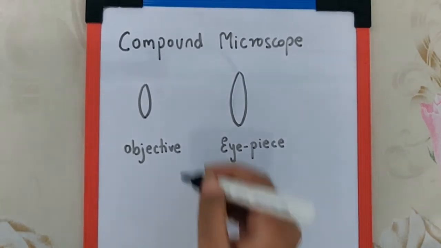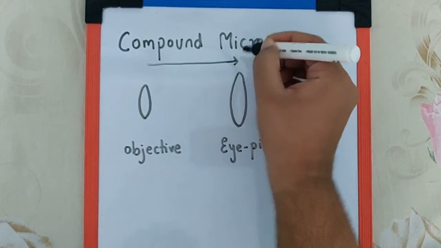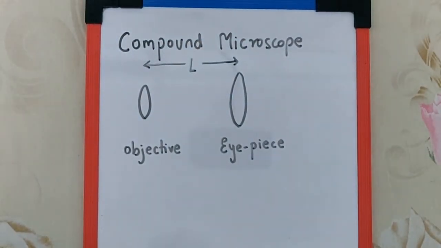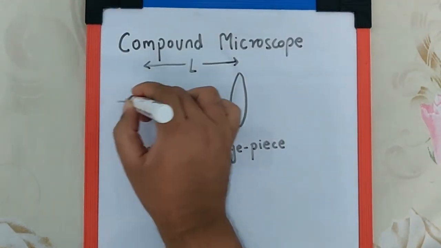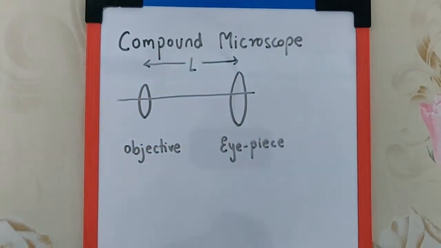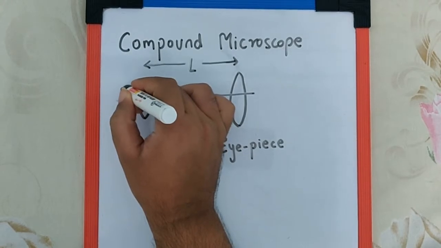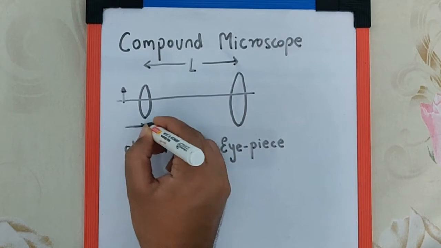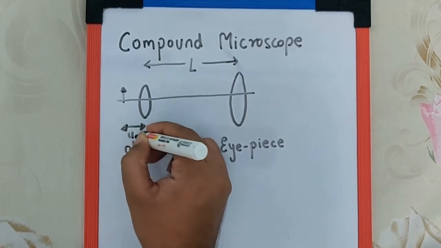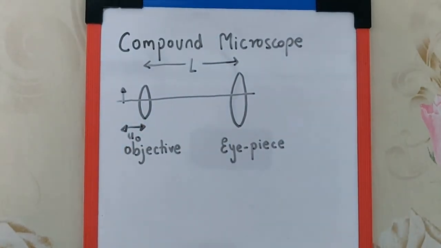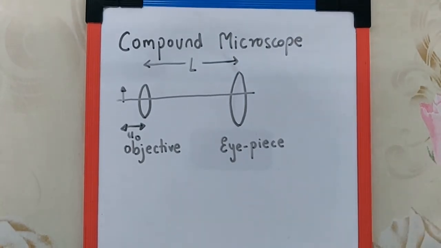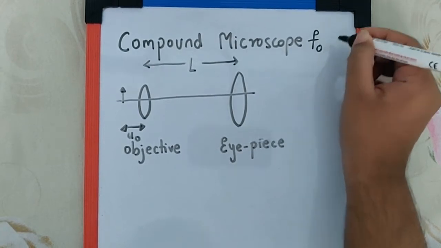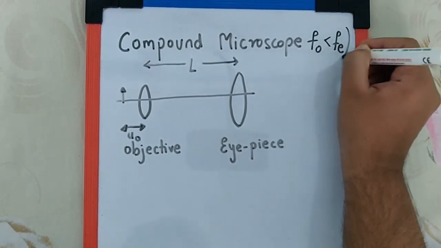Correct? Definitely the distance between the two lenses, we can call it L, the length of the compound microscope. If we draw the principal axis, we can say the object will be somewhere over here. Definitely that distance we can call UO, the object distance. Now, as you can see from the diagram, FO in case of compound microscope is less than FE,